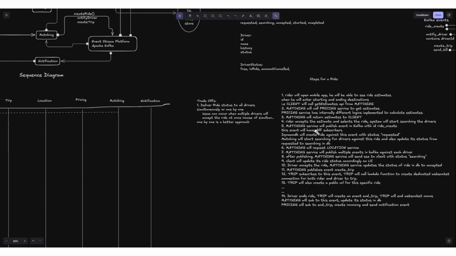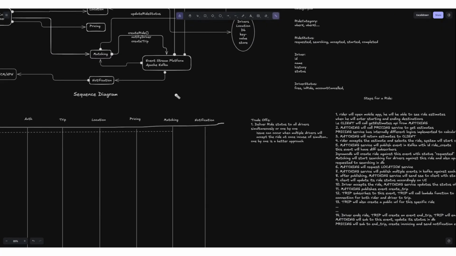So how will this whole thing be happening? It will be happening using the Apache Kafka event stream platform because of the proper scaling issues which we can face if we are not using such event stream platforms. If we are using just direct communications between microservices, these issues can happen. So just to resolve these issues, we use the Apache Kafka platform here.